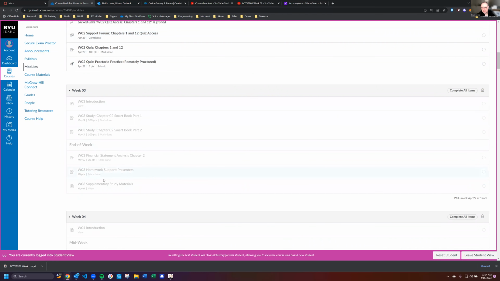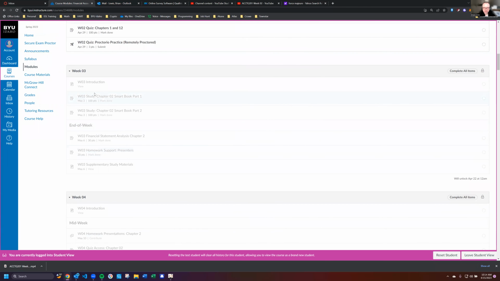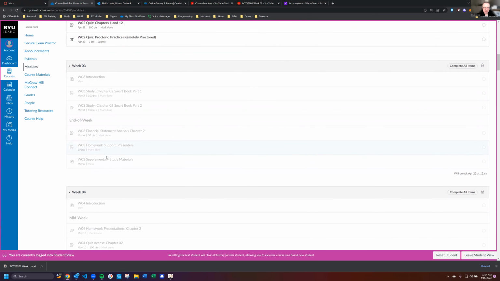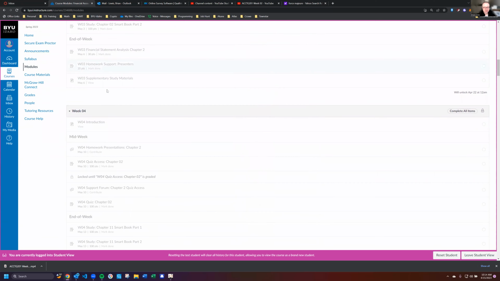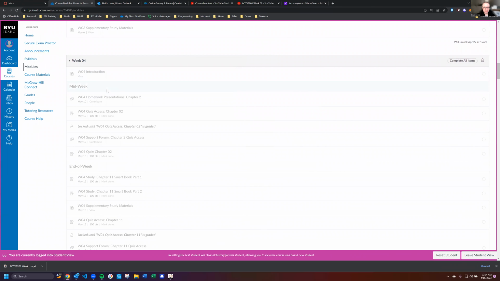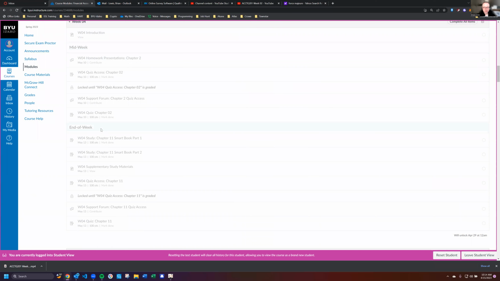You'll notice that this is all grayed out because it's not open yet. Once it opens up, then it'll become black and available. But you'll see like week three, you have mostly just SmartBook exercises. Then you do have a presentation that's due week four. So week three is sort of like a lull, and you shouldn't take it as a lull. You should take it as an opportunity to get ahead, and that way you can get these quizzes done, let's say on the Saturday beforehand instead of the midweek, and then you truly are 3 to 5 days ahead of schedule and can deal with life's risks.